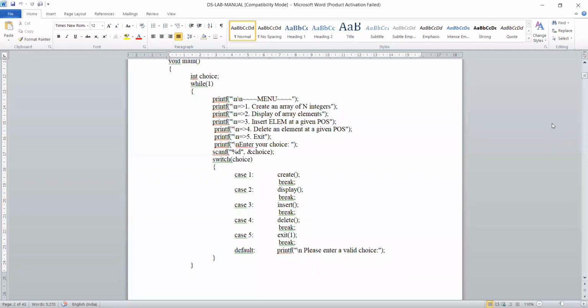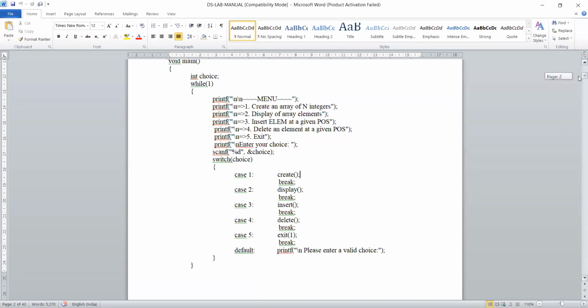Nothing much. If you understand the logic, understand the syntax, and see how the flow is happening, it is easy to remember also. Please understand and then go through the code. It will become easy for you.